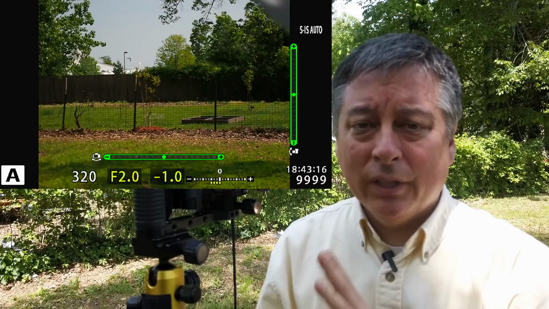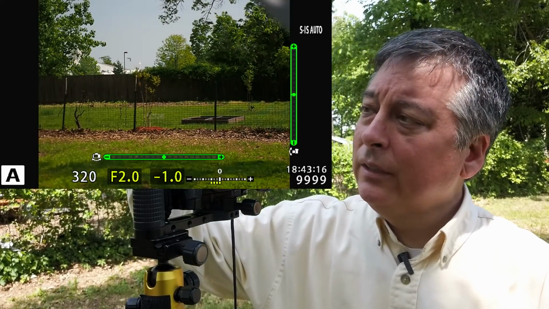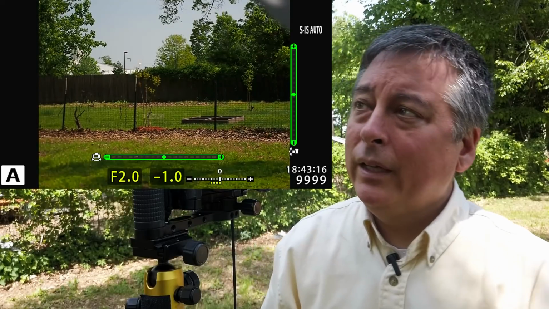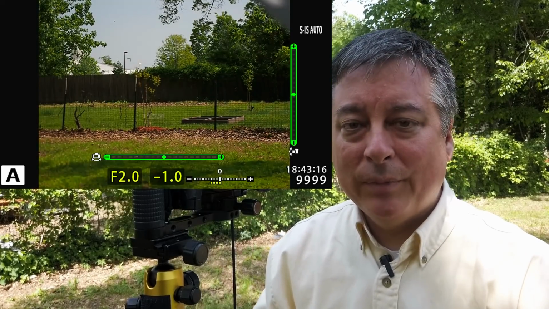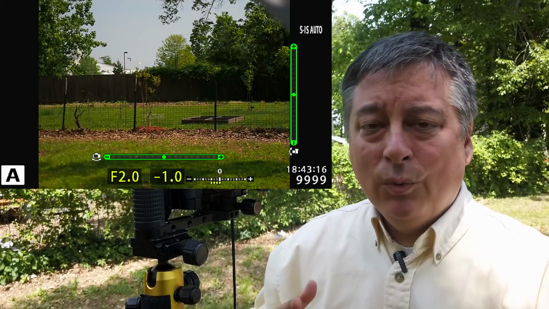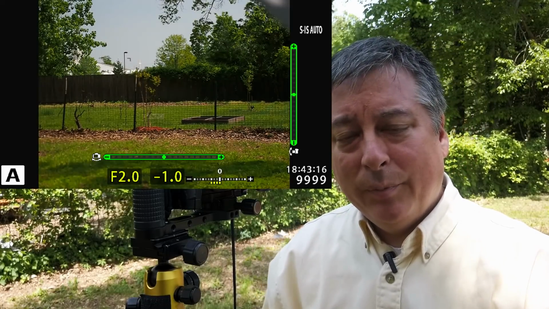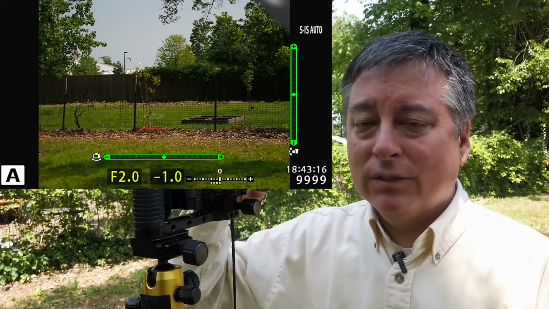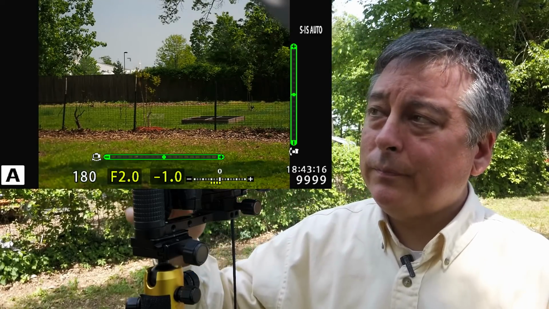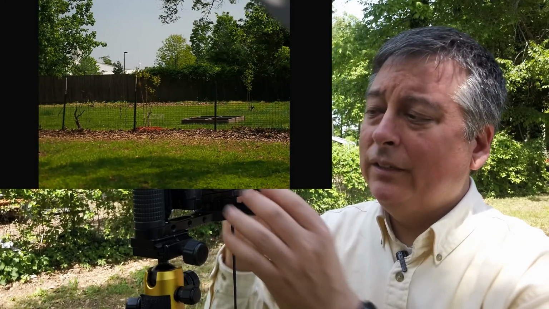The only thing I'm going to do is turn off high-speed sync. I do that simply by flicking the switch on the X1T trigger, and now you can see the shutter speed has dropped down to 1/80th of a second. So now we're outside of the capabilities of the camera because the sync speed has dropped to 1/180th of a second. So what I have to do, first thing I like to do, is